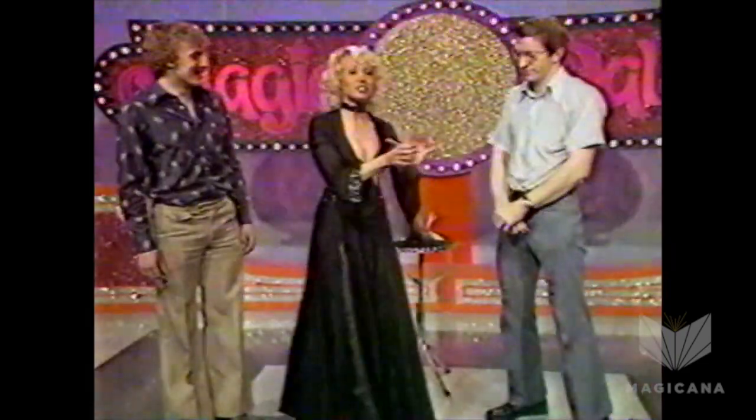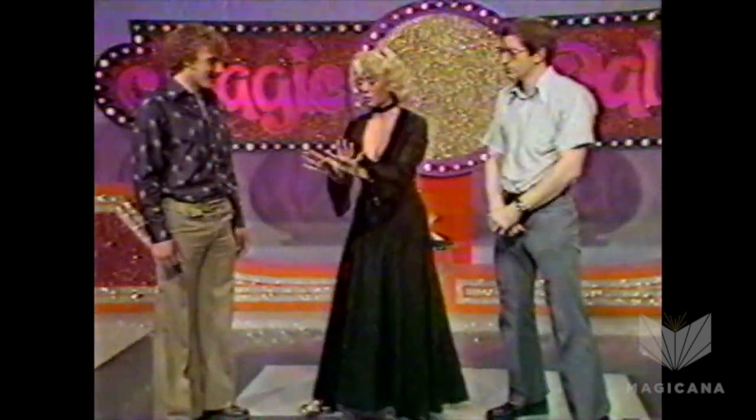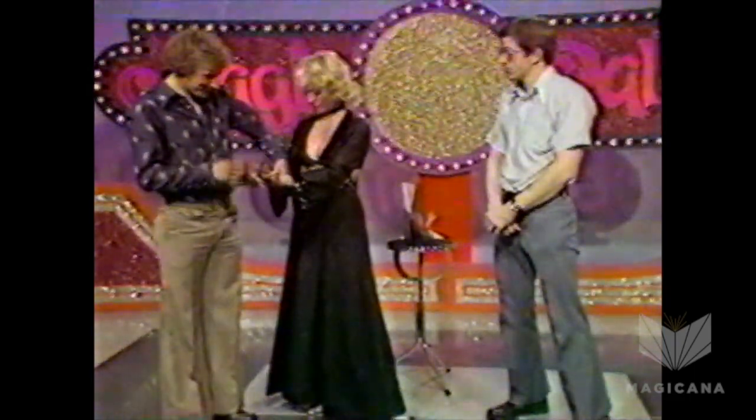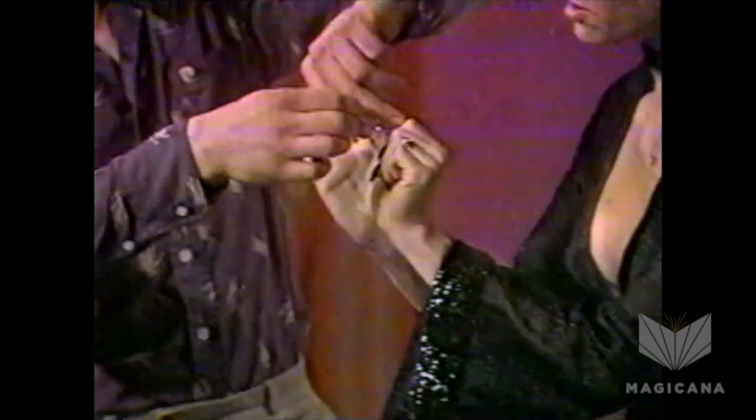Okay, now, we've got the two hands fastened together, but to make positive for sure that I could not separate my hands, would you take one of the long ends, bring it down between the nails that's on the end of the thumbs, right. The other goes between the wrists. All right, now let me turn my hands over so everyone can see. Would you please cross those and pull them nice and tight, rendering it...